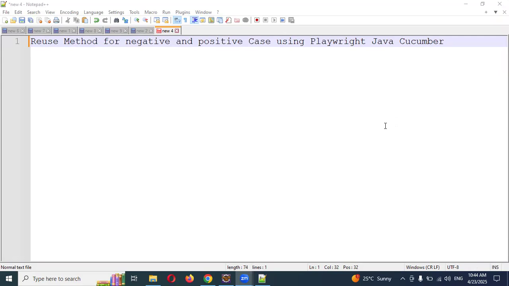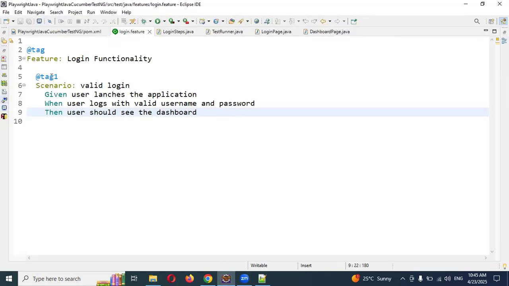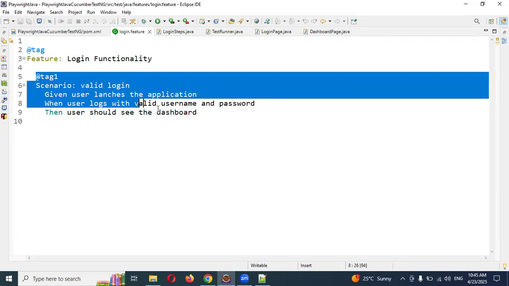For negative and positive cases using our Playwright Java. There are multiple ways we can create reuse methods, and also we can create different approaches. Okay, and I'm going to show you a simple example now. Okay, and in a later video session we can see the remaining things also. Okay, and now I'm going to copy this,